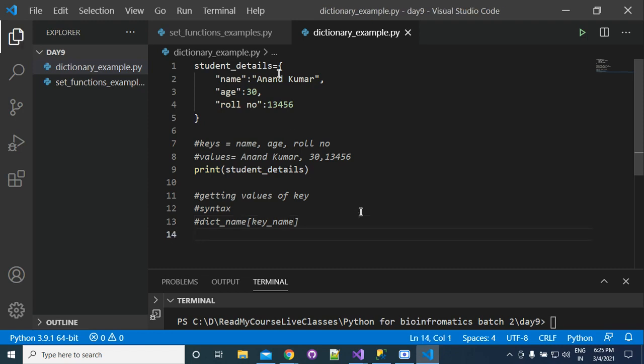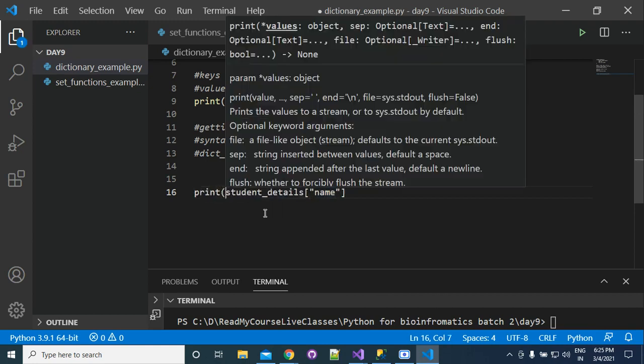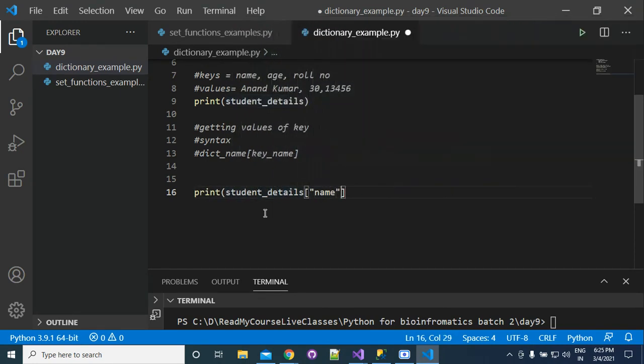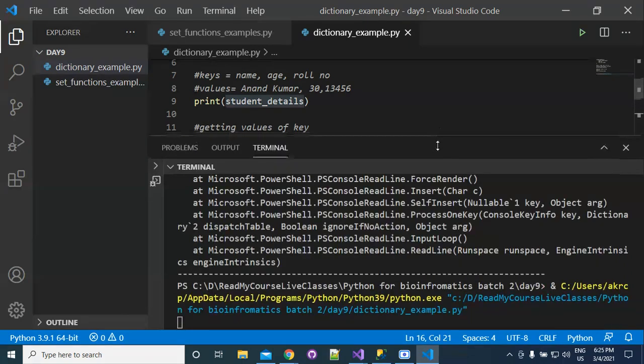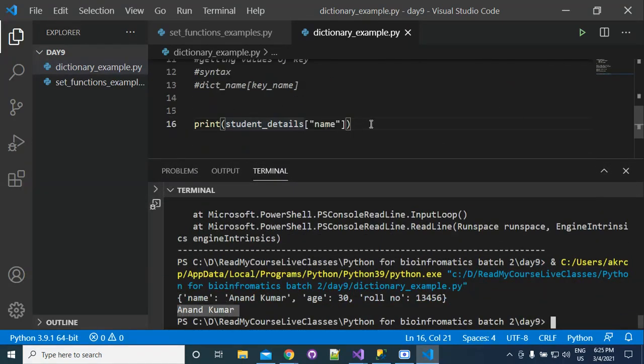Suppose I want to get the name of this student. Then first you write the dictionary name, student details, and then here we pass name. Now you can print. It will print the name of this student. It is printing Anand Kumar.